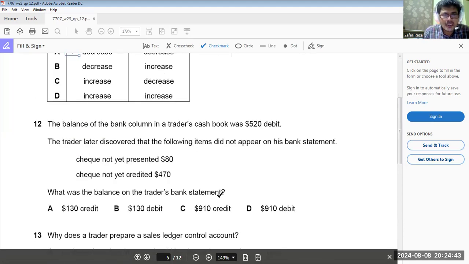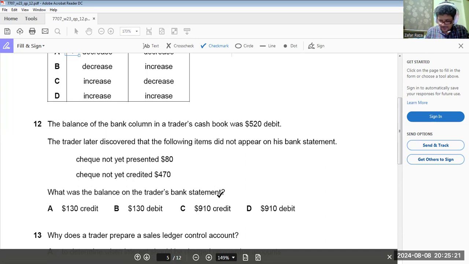Okay. The balance of a bank column in trader's cash book was 520 debit. The trader later discovered that the following items did not appear on bank statement: check not presented, check not yet credited. What was the balance of trader's bank statement? When the bank balance in the bank column of trader is 520 debit, it means that cash book is showing that we have $520 available in the bank. What we have to do,